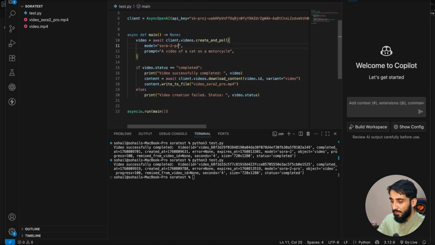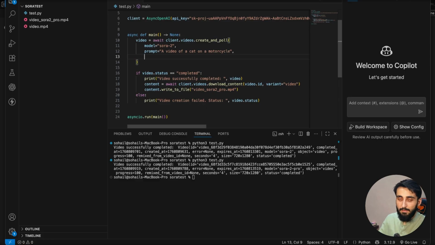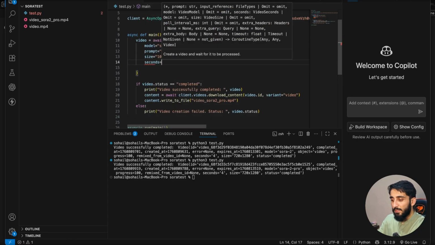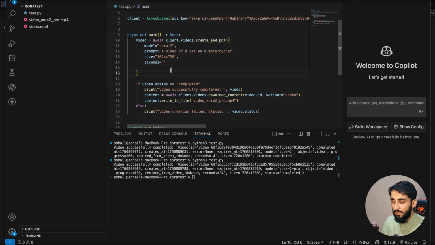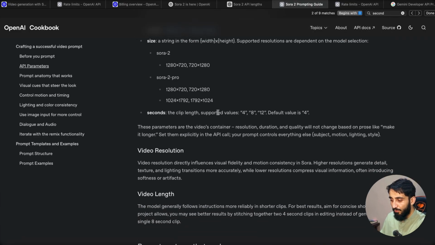Alright, let's first of all revert back to Sora 2. I don't want to spend lots of money because I have checked the results already. On the Sora 2 API, I can pass in the size, I can pass in the video resolution here like this. I can pass in the duration of the video. It can be either 4, 8, 12, etc. On the OpenAI Cookbook, I found this that says the clip length supported values are 4, 8, 12, etc. So I have never tried more than 12, but maybe you can give it a try if you have enough